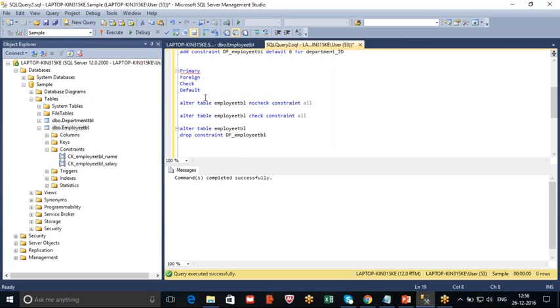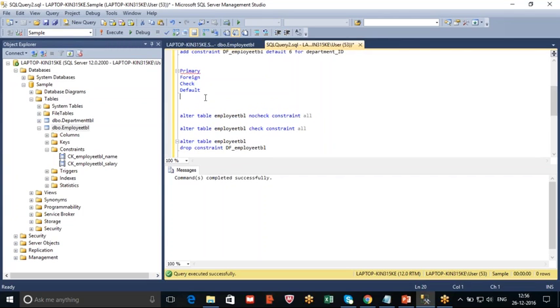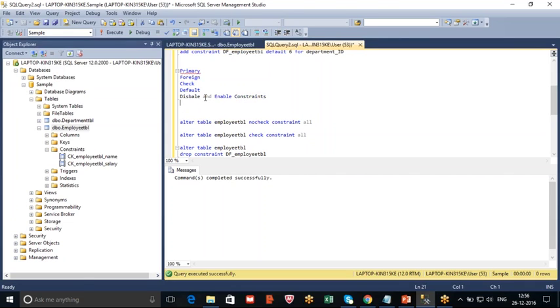So after our default constraint, in this lesson 3, we have covered how we can disable and enable constraints, also how we can drop constraints. So all these topics we have covered in our lesson 3. In our lesson 4,